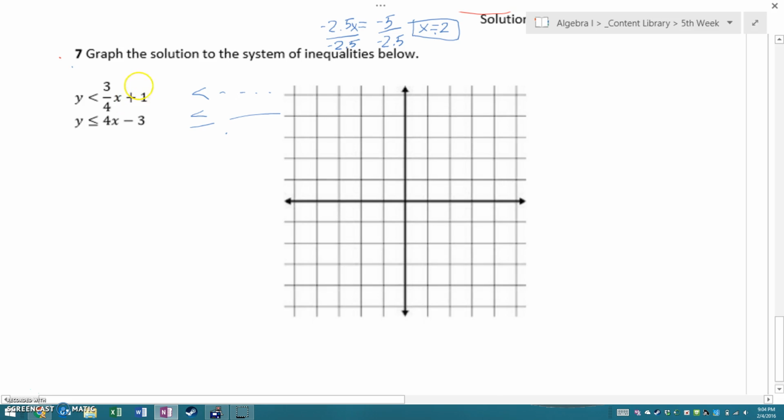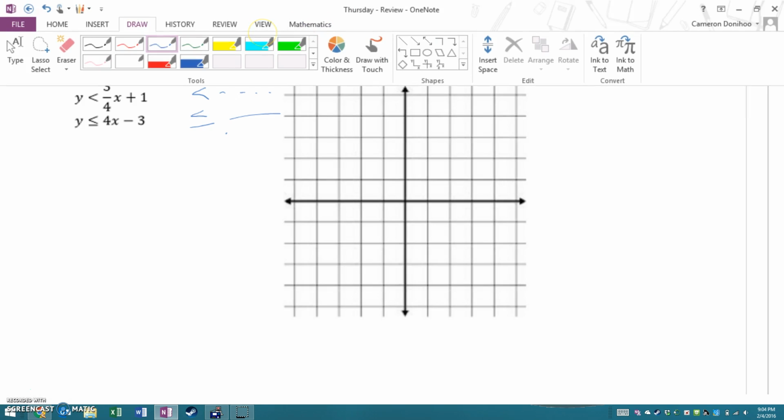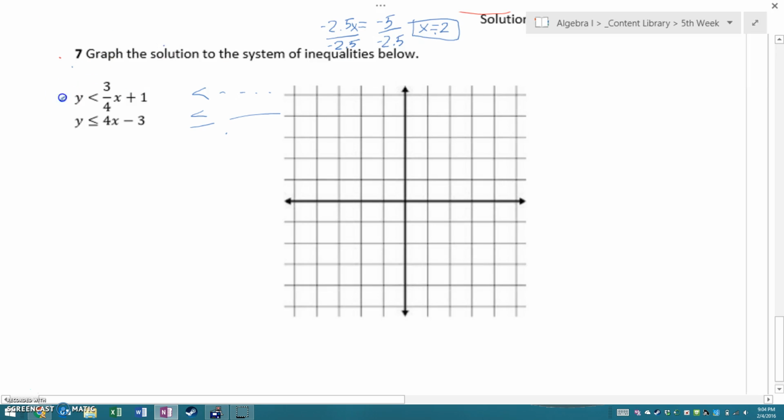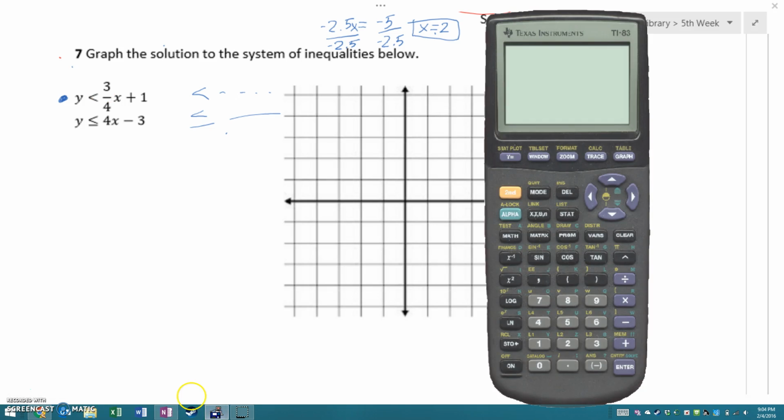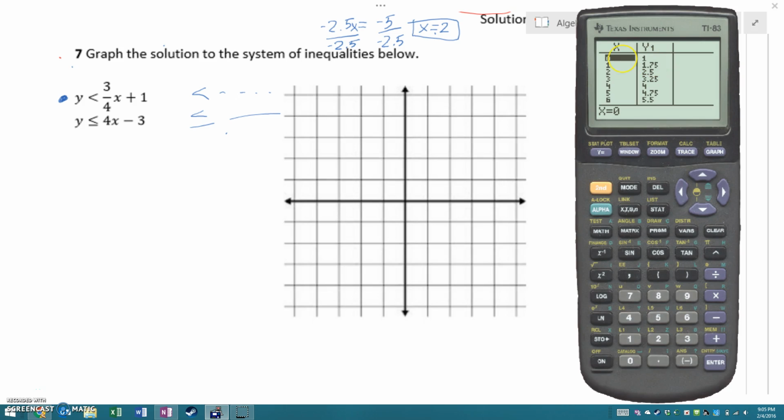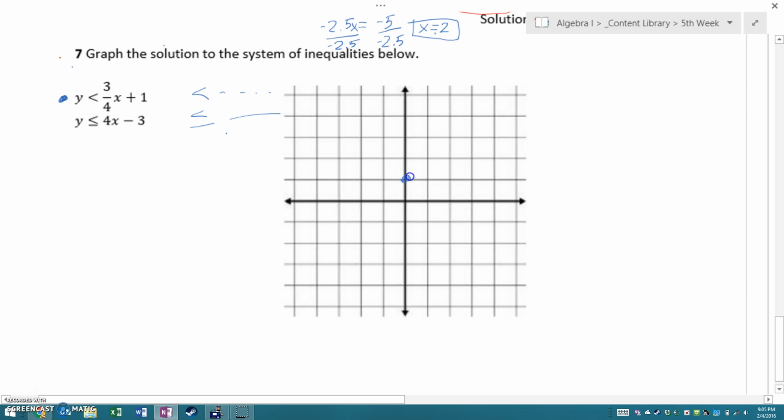Now, if you're not good with getting the graph from the inequality onto the grid, what I'm going to do is just use the calculator to come up with points and get it done from there. So for this first one, I'm going to do that one in blue. I'm going to pull up the calculator and put that in. Once I have the equation in, I'm going to go to the table and find some numbers to graph. So 0 and 1, 0 and 1,